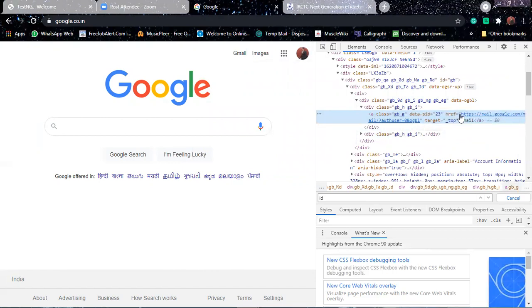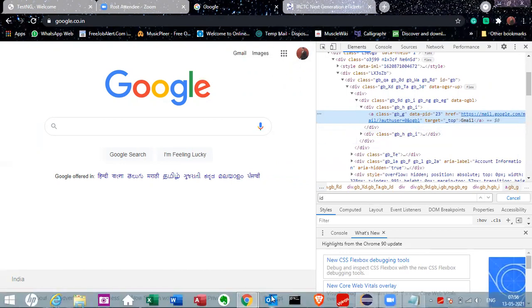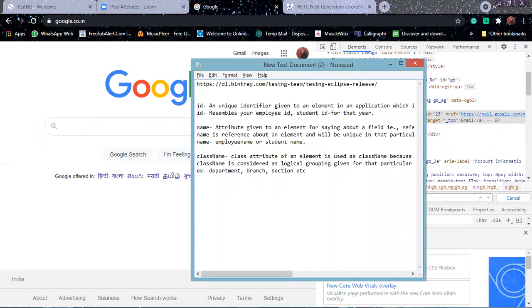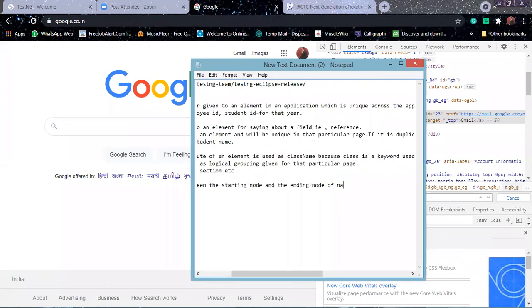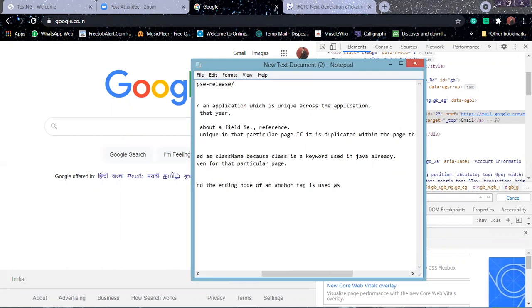Write the notes. Right? Link text: the text between the starting node and ending node of an anchor tag is used as link text.